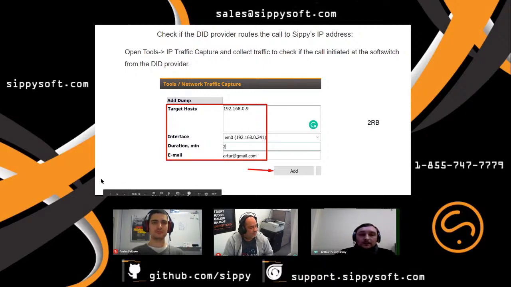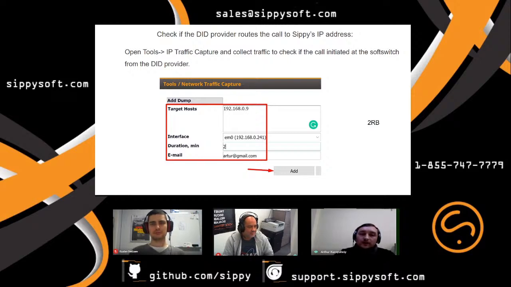The next useful tool which you may use in your troubleshooting is network traffic capture. Using this tool, you may collect information directly from the network interface by specifying the target host. As a target host, you should specify the IP address of the remote device from which traffic will come to Sippy.